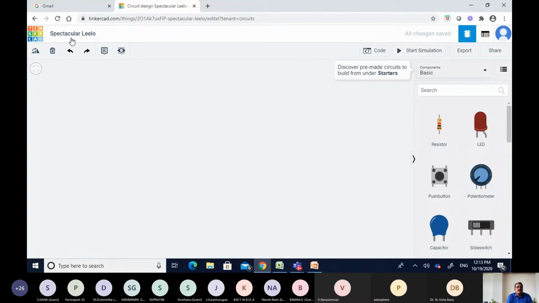This will be your file name or design name, which is automatically generated. If you would like to rename this design, you just click over it. I can say it as my design 1. See, the name has been changed. Then we will see what all these things are.